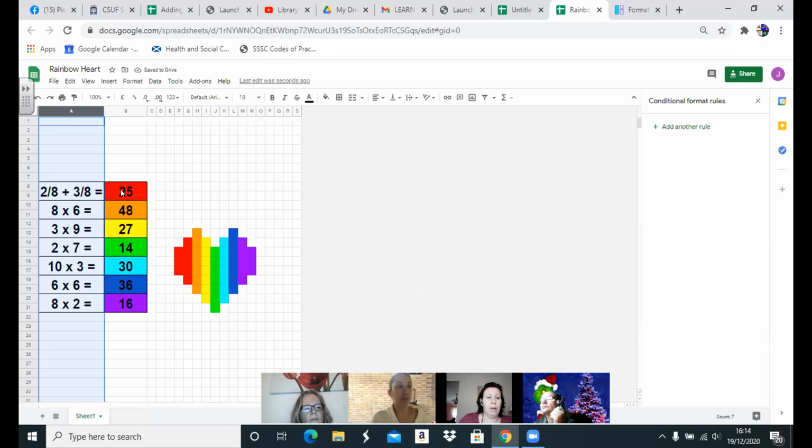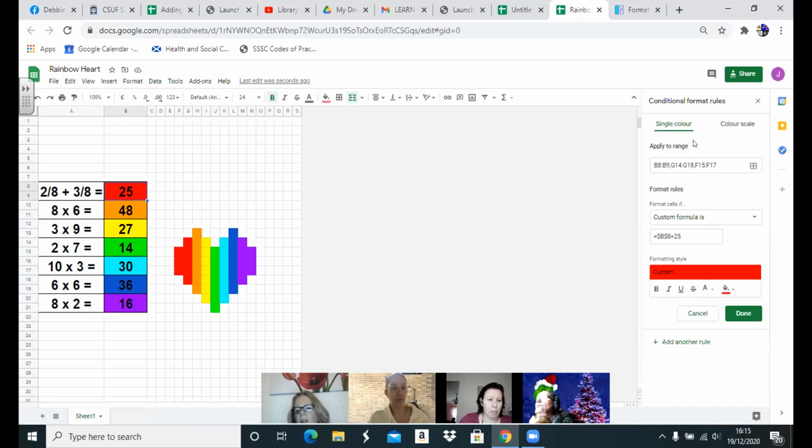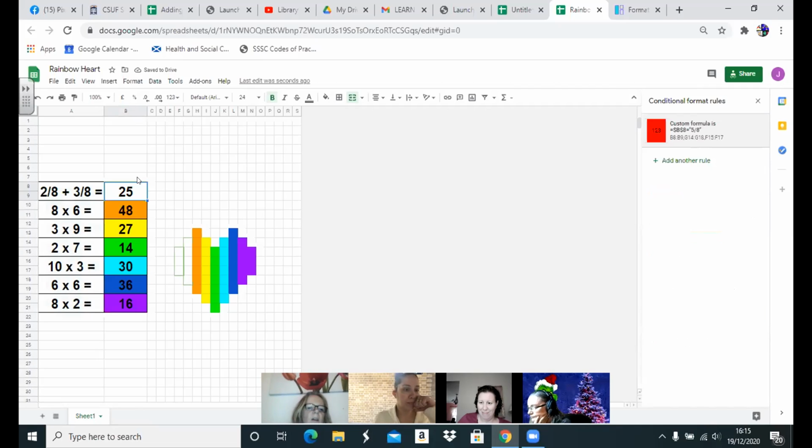So for this one, it is the same procedure. Click on the answer. For the fractions, though, it has to go in quotation marks. So that would be 5/8 and quotation marks. So can you see the difference? And automatically, because I've changed the formula, that has now come out. So if I put 5/8,